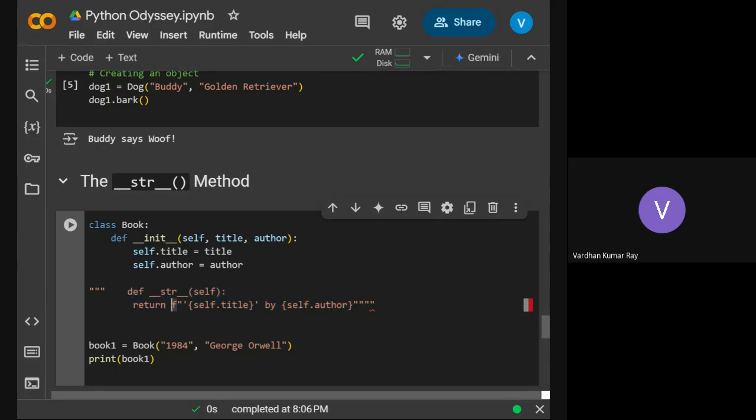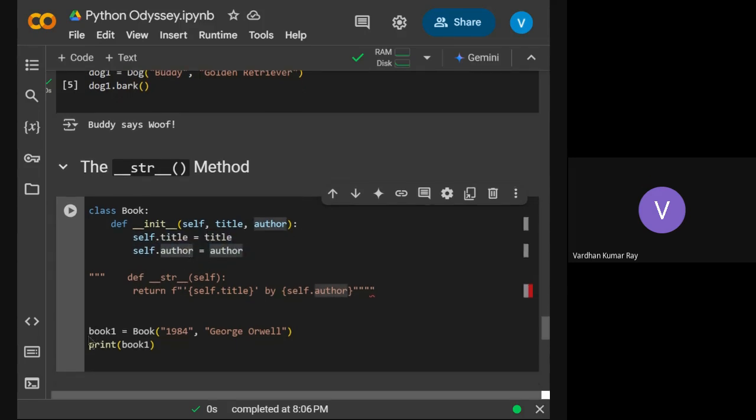Right. So here I have created the class book with a constructor. What is the difference between init and str? Sorry, but I was about to start with that. In order to explain str, I need to explain something else first. So I created the class book with this constructor, self, title, and author. It will create instance variables title and author and save them. So if book1 is an object of this class,